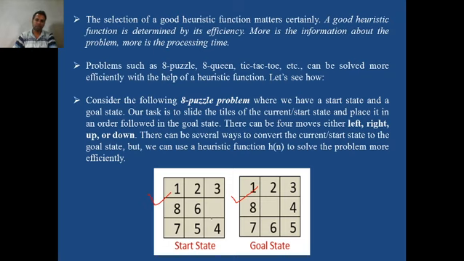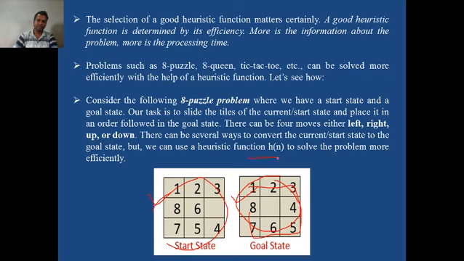If we compare the start state and the goal state, we want the tiles in the sequence 1 2 3 4 5 6 7 8, and the blank tile must be somewhere here. So from this initial state we want this goal state. For this problem we defined the heuristic function h of n.